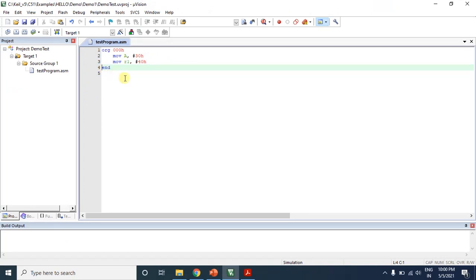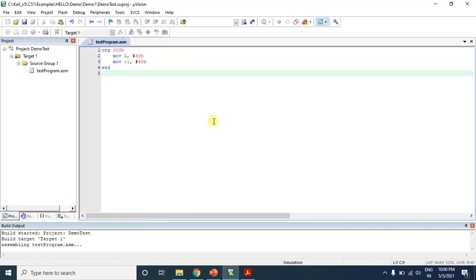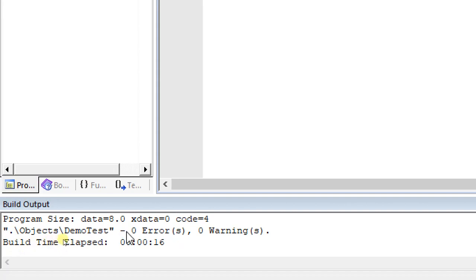Let's save this and I'll build this program. This is the icon to build, or you can go to Project. Here you can also build the target, and both are okay because we already discussed this. Once you build the program, you can see there are no errors.